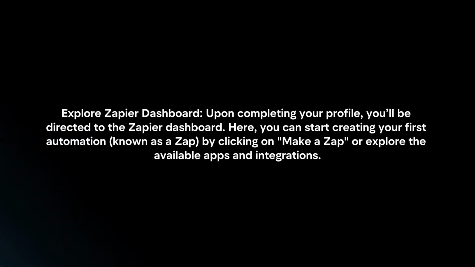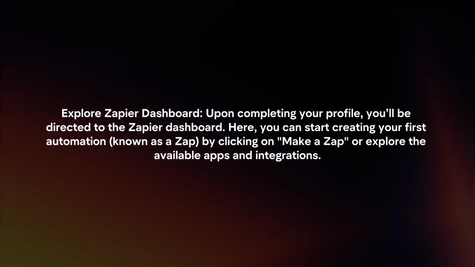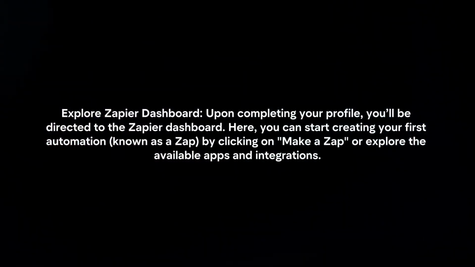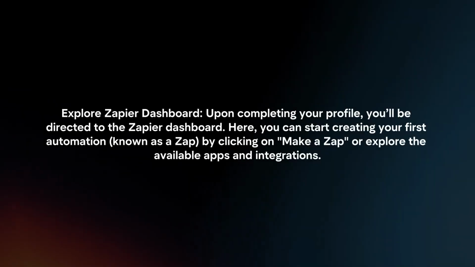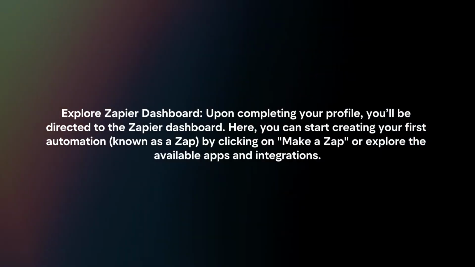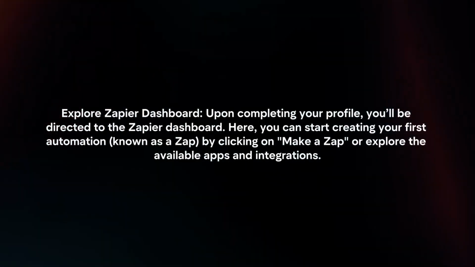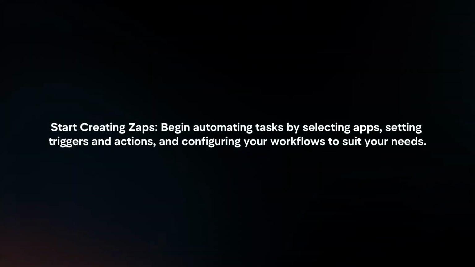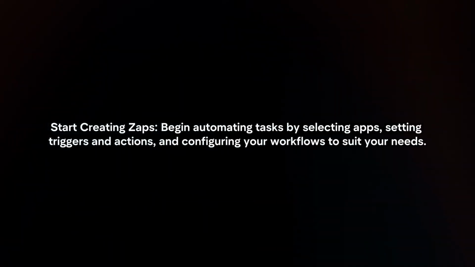Explore Zapier dashboard. Upon completing your profile, you'll be directed to the Zapier dashboard. Here, you can start creating your first automation by clicking on Make a Zap or explore the available apps and integrations. Start creating zaps. Begin automating tasks by selecting apps, setting triggers and actions, and configuring your workflows to suit